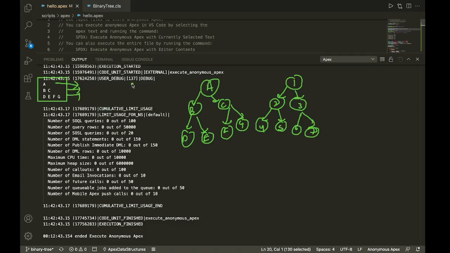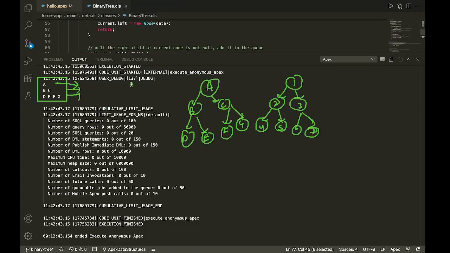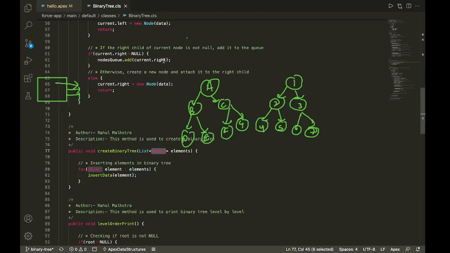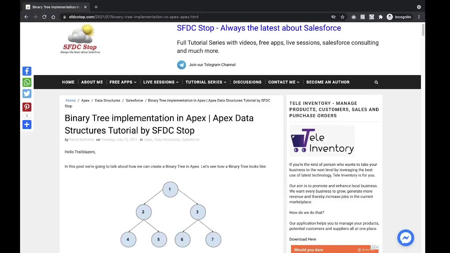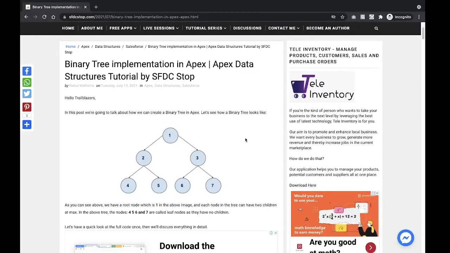In this particular case, where we created our binary tree, both the insertion as well as the traversal were level order, because while inserting the nodes we were inserting level by level, and while traversing the binary tree, that means while printing it, we were also traversing level by level. Let's have a look at a blog as well, just to make sure that we haven't missed anything.